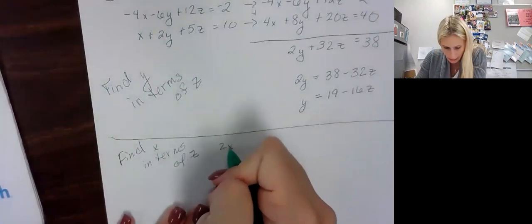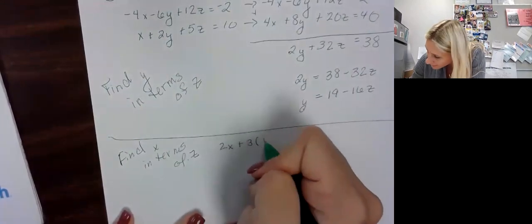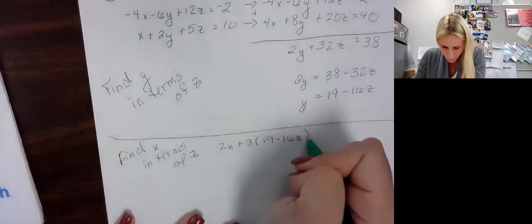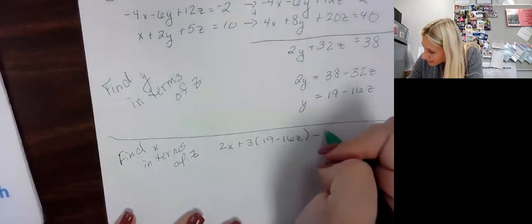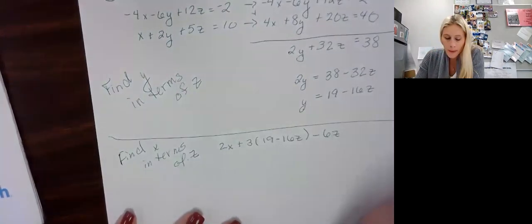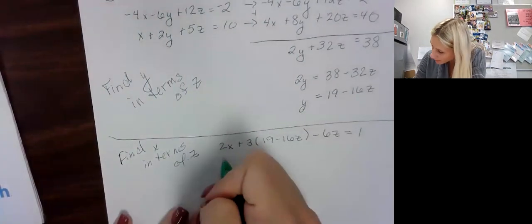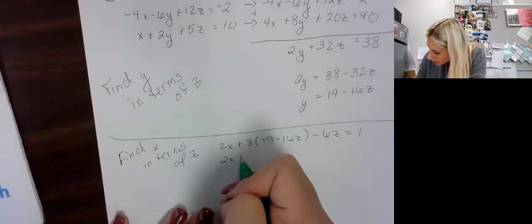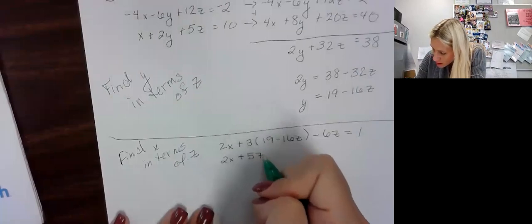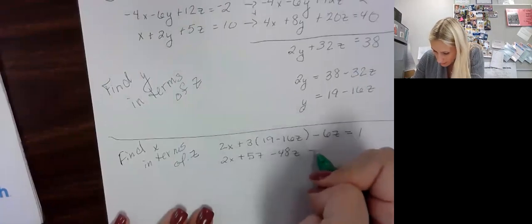So I get 2x plus 3. Now, instead of y, we know y is 19 minus 16z, minus 6z. Okay? Equals 1. Now I do my normal algebra here that we're so used to. 3 times 19 is 57 minus 48z minus 6z